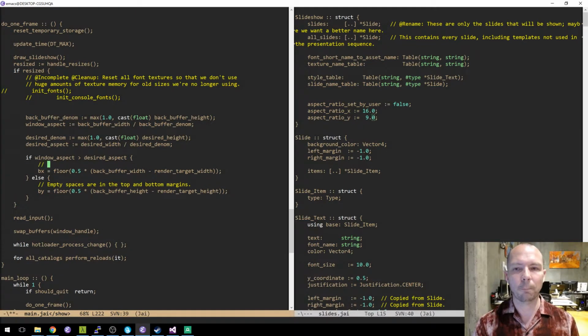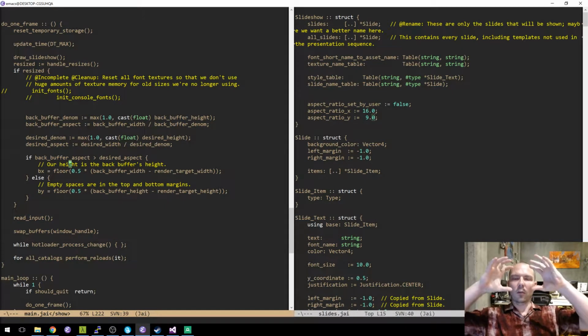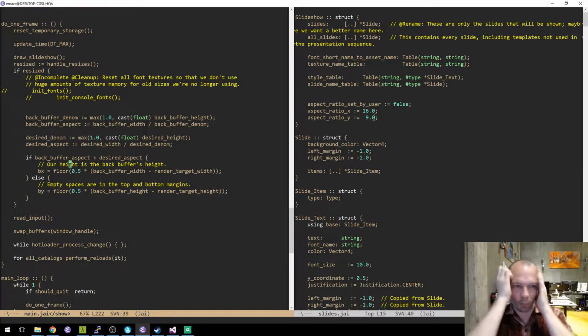Then our height is the back buffer's height. Let's call this back buffer aspect, because why throw a window in out of nowhere. So if the back buffer is wider than we want, then we use its height as our max height, and then the spare space goes on the sides.